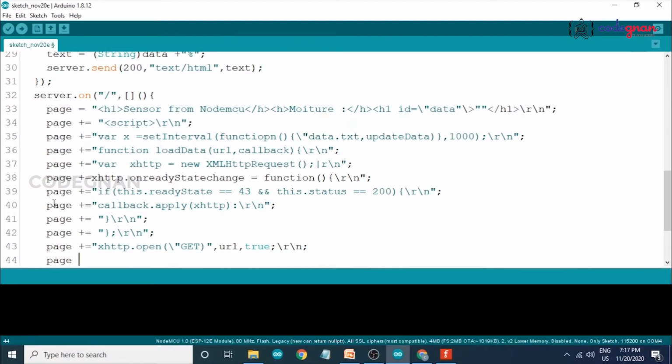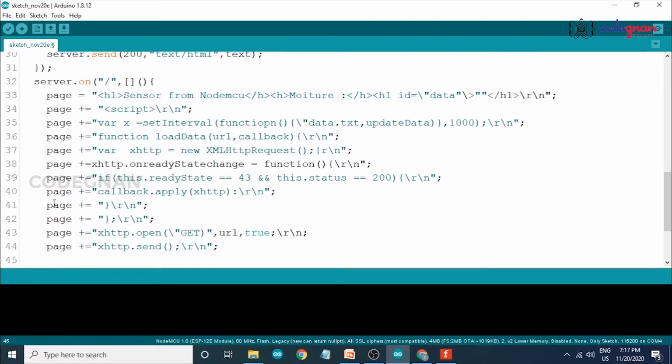Now page plus equals to xhttp.send our data, then \n. Now close the page equals to, then \n.